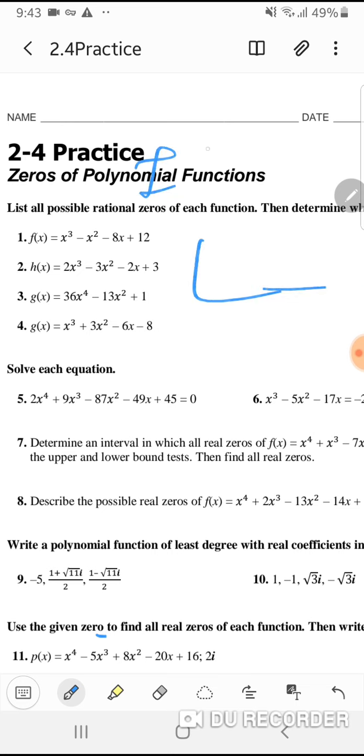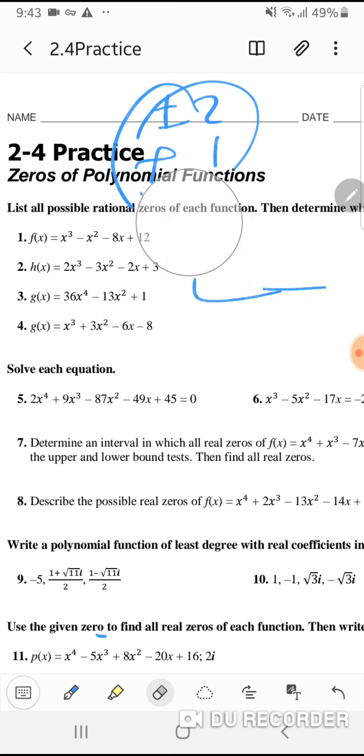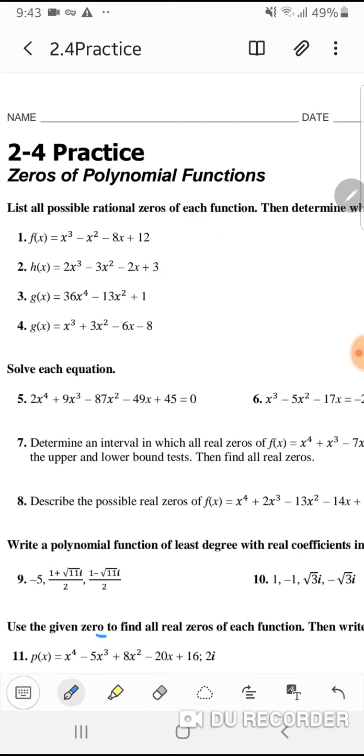Most numbers have plus or minus 1 or plus or minus 2. Most numbers will be divided from that. For the problems that you solve, that's what usually happens. So for this particular one, I think